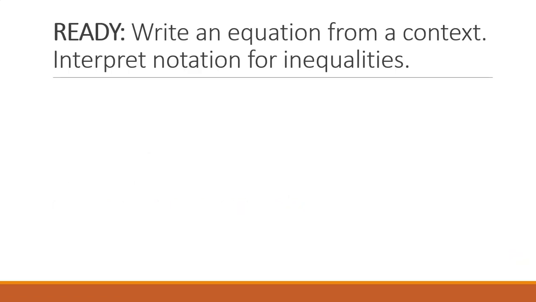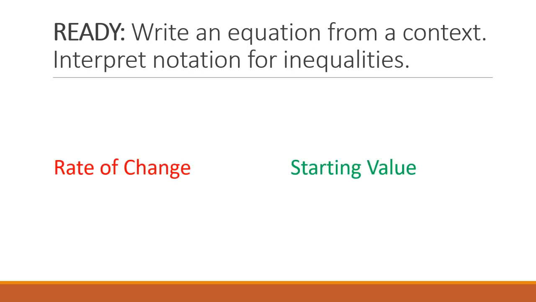In Math 8, you learned about writing linear equations from a context. Remember that these linear equations are composed of two parts, the rate of change and the starting value. Just like our work in arithmetic sequences and linear functions earlier this year, we can use this information to write our equation in slope-intercept form. The key is to find the values of these two key ideas in the context and correctly use them in